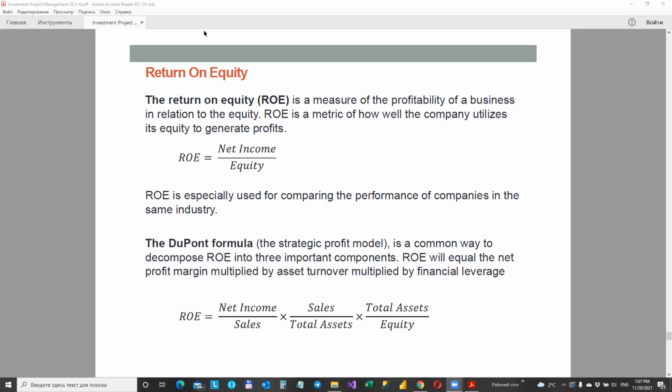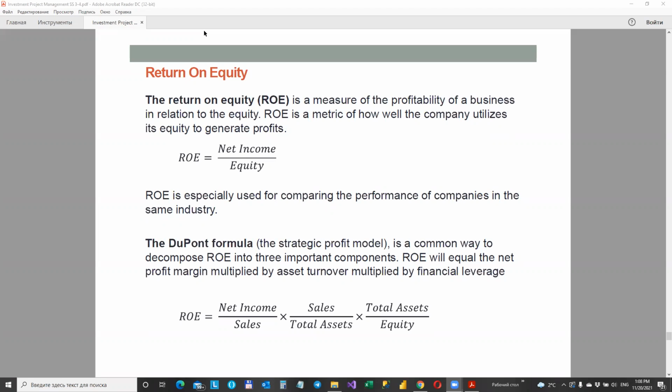Essentially, ROE will equal the net profit margin multiplied by asset turnover multiplied by financial leverage. Splitting return on equity into three parts makes it easier to understand changes in ROE over time. For example, if the net margin increases, every sale brings in more money, resulting in a higher overall ROE. Similarly, if the asset turnover increases, the firm generates more sales for every unit of assets owned, again resulting in